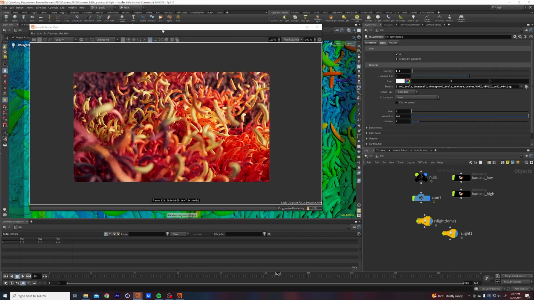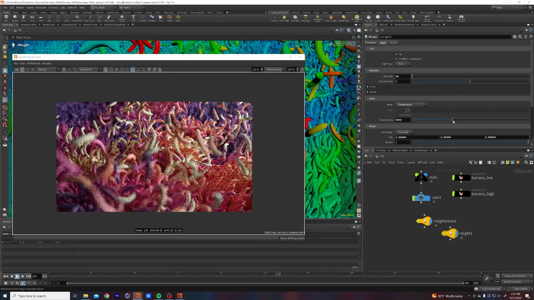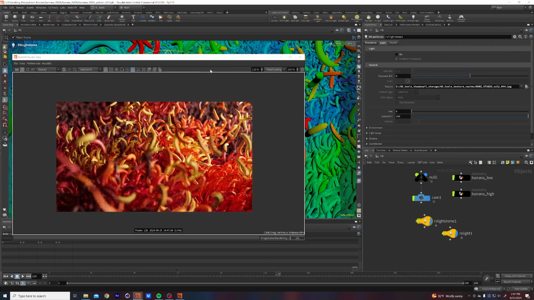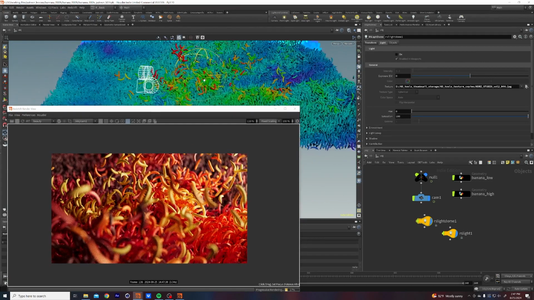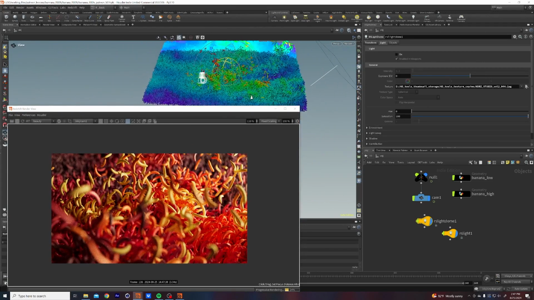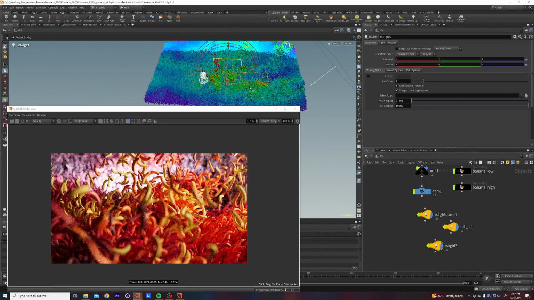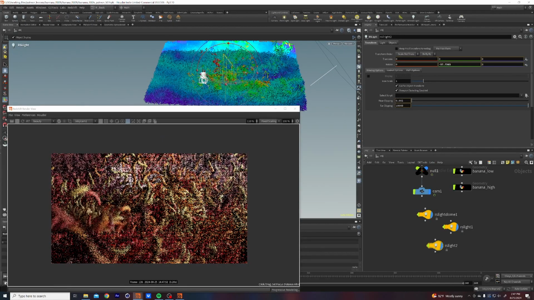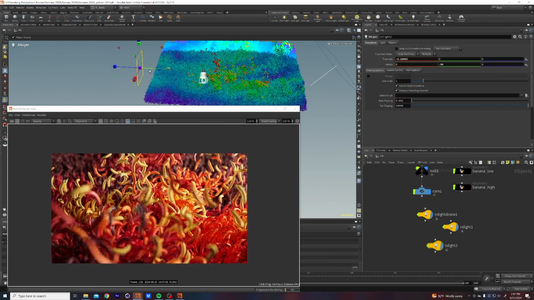And I can, I don't know, maybe have this be cooler on one side. Maybe even just turn off my dome light, see what that does. That's kind of nice. Let me go RS light, put down another one. Let's just move this off to this side. Sometimes it's better to just do things with a couple of area lights instead of